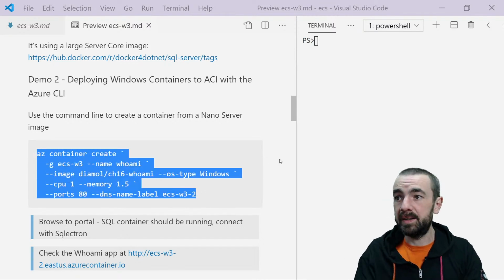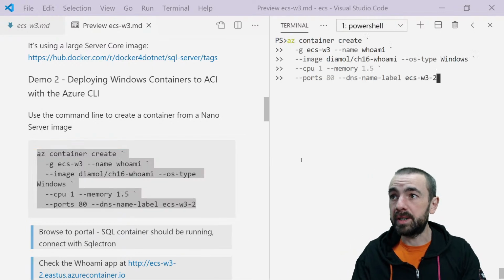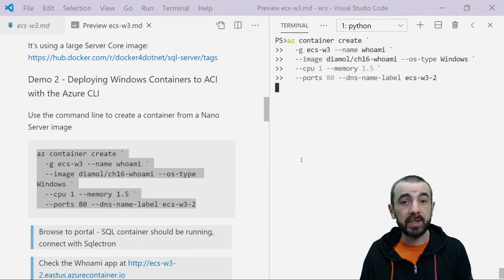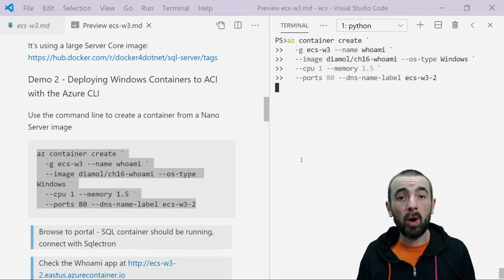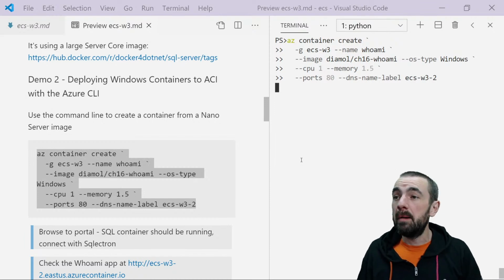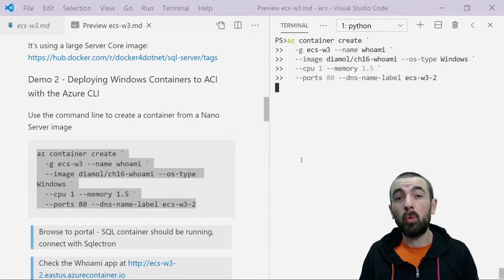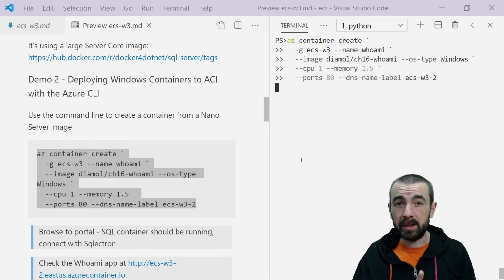It's going to do exactly the same kind of thing. It's going to run a Windows container. This one's based on Windows NanoServer. So it's a .NET Core, ASP.NET Core web application, but it's based on NanoServer, so it's nice and small. Instead of the 4 gigabyte image that needs to be pulled, in total it's a couple of hundred megabytes, so it's going to be a lot quicker to start up and a lot quicker to get up and